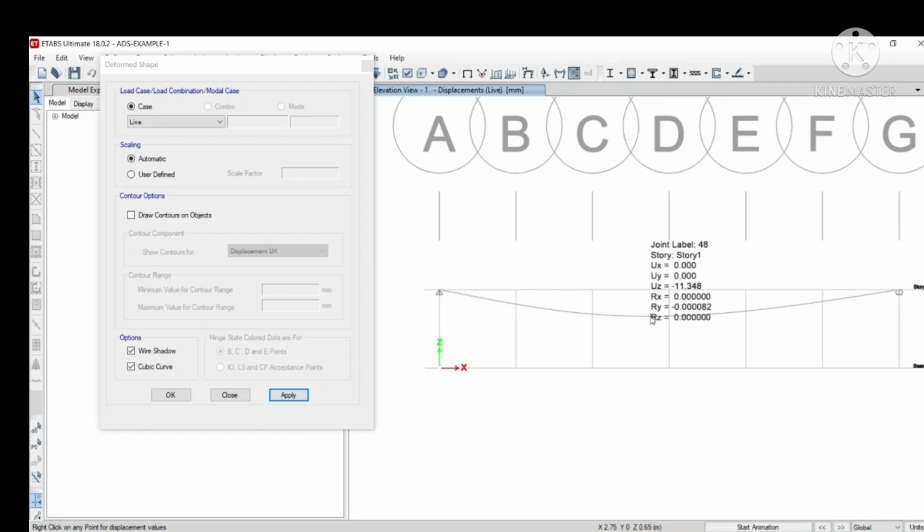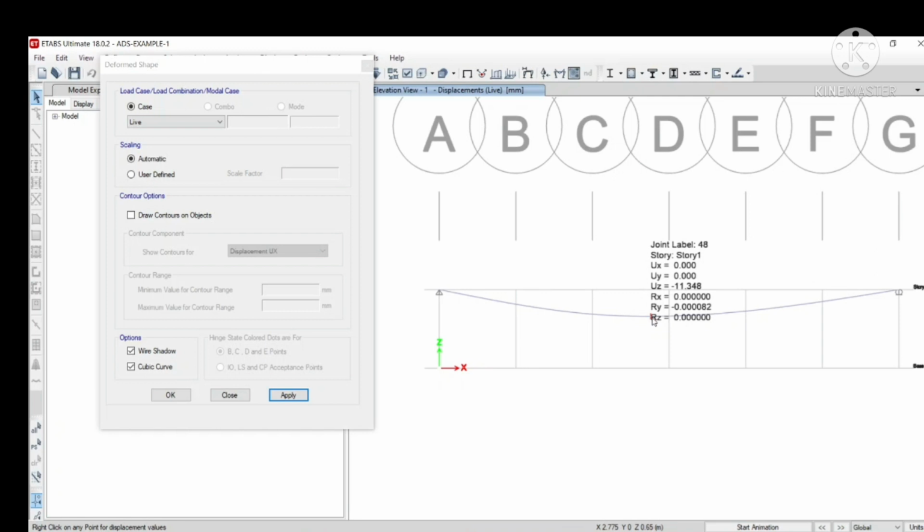So this was your maximum deflection, and the place, one place behind this will be 11.347, and after this will be 11.337. So the peak point is 11.348.